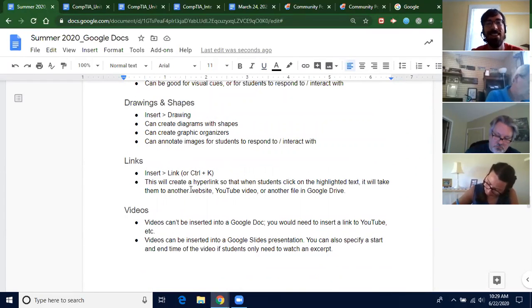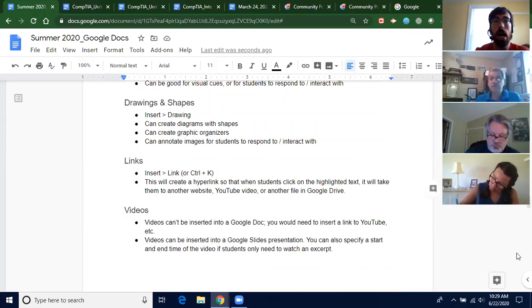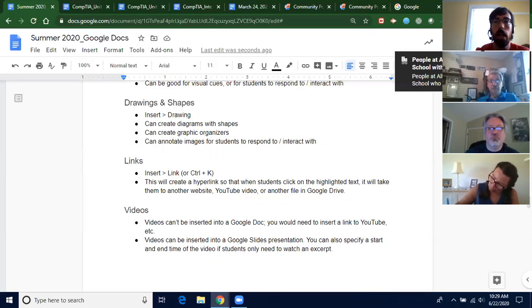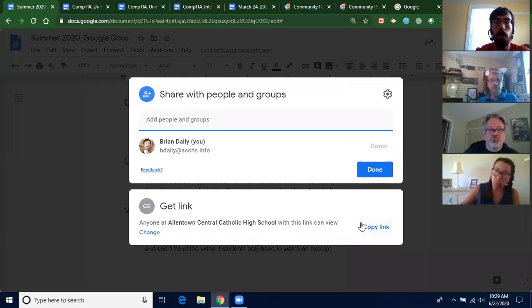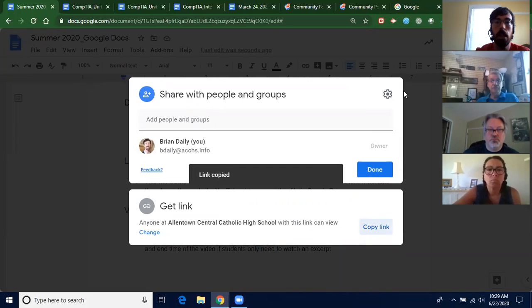And then, just remember that anything that's on the web has a link to it. It has a web address. So any website, any YouTube video, and even a file in Google Drive. Down here a little bit farther, I have another Google Doc related to this topic. So I went up here and got the shareable link. When you click the Share button and you copy that link,